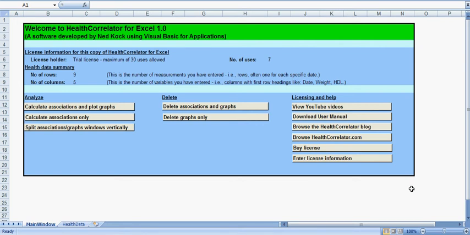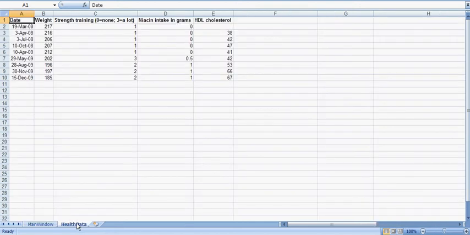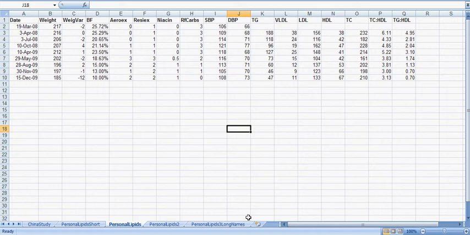In this demo, we'll demonstrate how one can manage multiple dependent health variables using HealthCorrelator for Excel based on multiple causes. In order to do that, I will copy here into my health data some health data that an expanded data